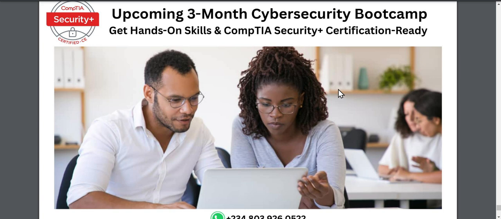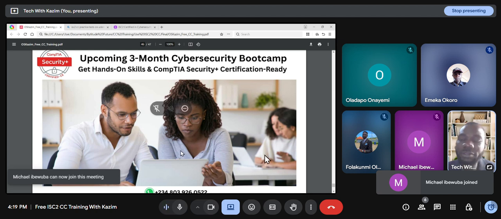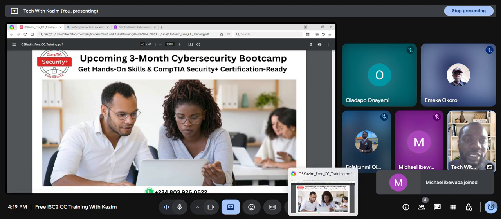And those of you that are crossing into cybersecurity to earn money, I'm telling you there's money in this field, right? But you have to have not just the certification, you have to have the skill. That's one thing with IT, with cybersecurity. It's not enough. You can have all the certifications, but if you can't deliver, you're not really going to get to where you're going. Which is why this bootcamp is structured to be 70% hands-on and 30% theory, right?